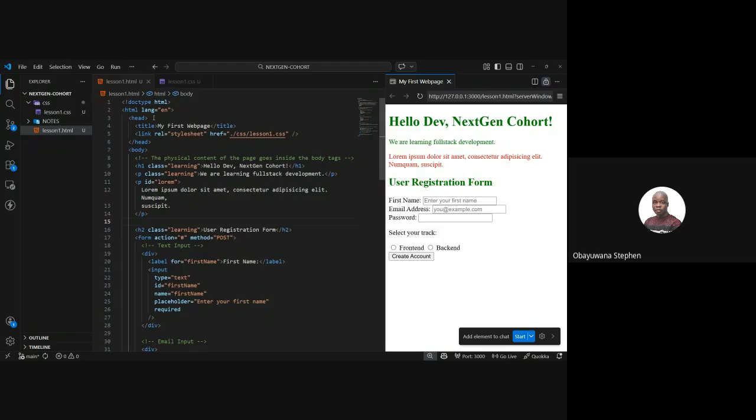So you can either use the inline, internal, or external. For instance, let's say you want to style this H2 using inline styling. So style the H2 using inline styling. Then you specify the